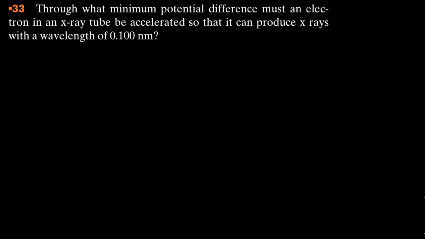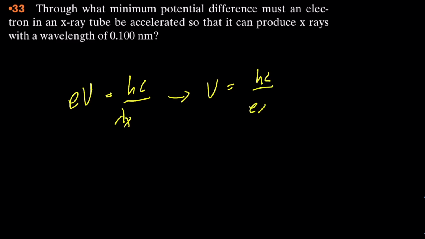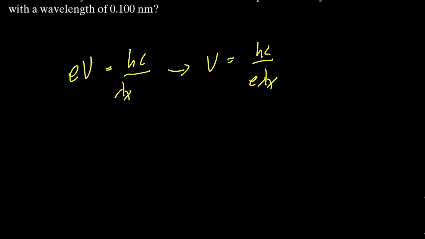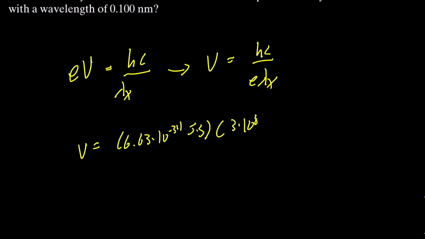So we should have eV equal to Planck's constant times speed of light over the wavelength of the X-ray, and if we solve for V, it is simply hc over e times lambda. From here we can plug in our values, which is 6.63 times 10 to the negative 34th times the speed of light,